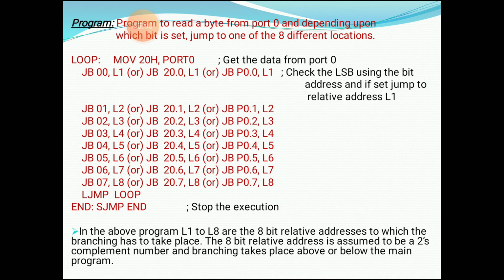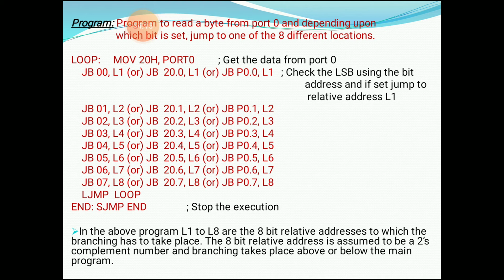This byte location can be accessed bitwise by using locations 0 to 7. These 0 to 7 locations are bit addressable areas. The 00 location contains the first bit of port 0 information, that is port 0.0 information. The 01 location contains the second bit of port 0 information, that is port 0.1 information. The 02 location contains the port 0.2 information. Similarly, the 07 location contains the information of port 0's 7th bit.